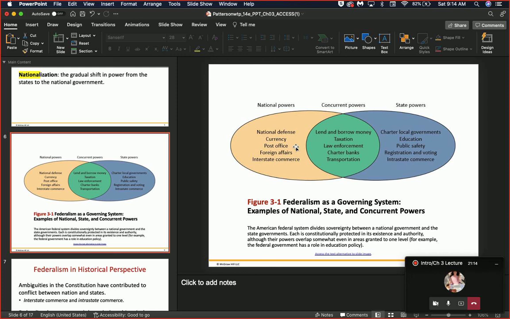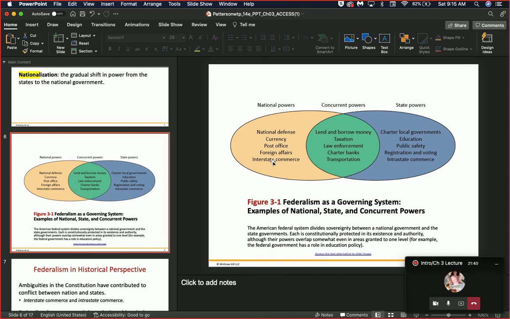If you notice, we don't have our governors going to different countries, right? Trying to create relationships with different countries. That's the job of the president, correct? So because of that, that is a foreign affair, relationship with other countries job, okay, under the national government. Then we have interstate commerce. So I always tell my students a way to remember the difference, because you see interstate, right, and intrastate over here.